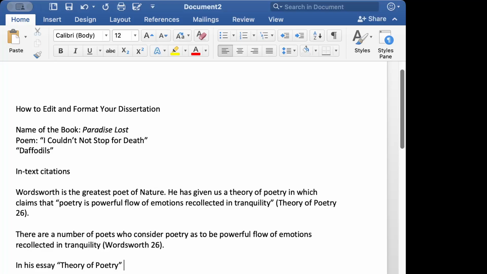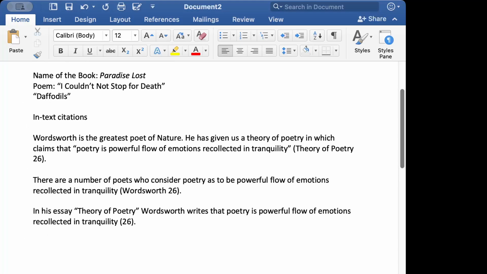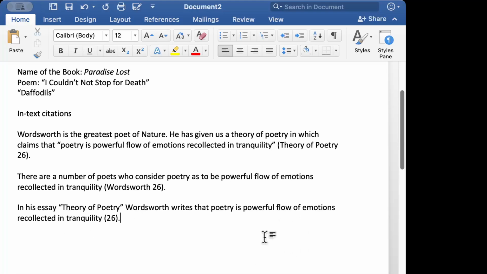So in his essay Theory of Poetry, Wordsworth writes that poetry is a powerful flow of emotions recollected in tranquility. Okay. So if you are writing it like that, in that case you will merely be referring the page number. So these are the three ways to quote, to cite in-text citations, right?